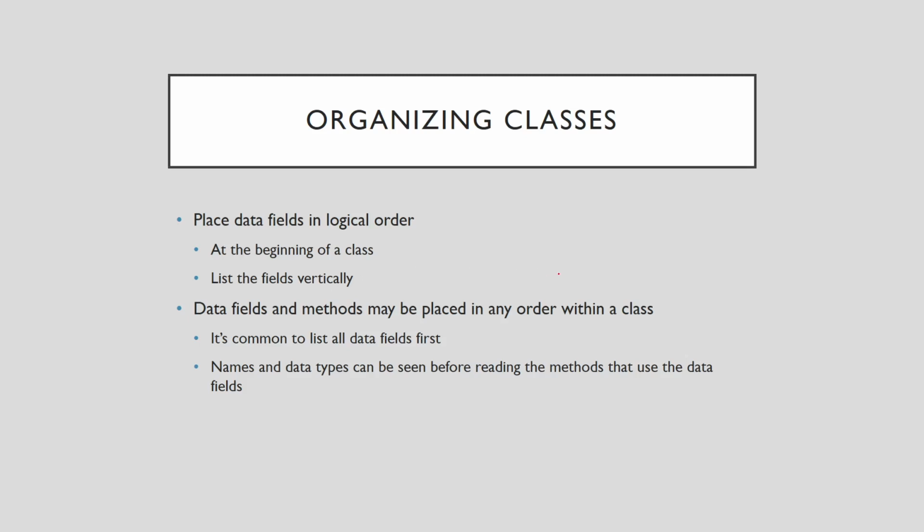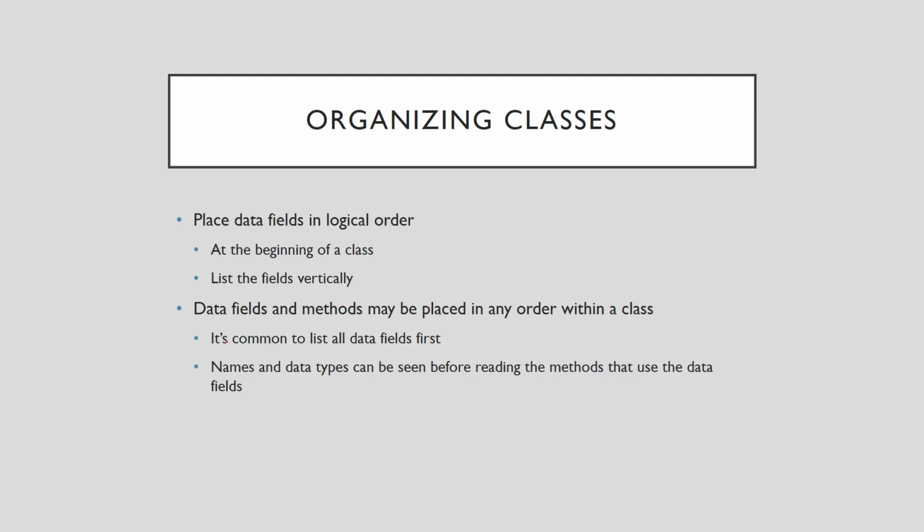And usually, for the data fields, we apply the private access specifier for promoting encapsulation, right? For the information hiding so that the data will be hidden from the outside access,